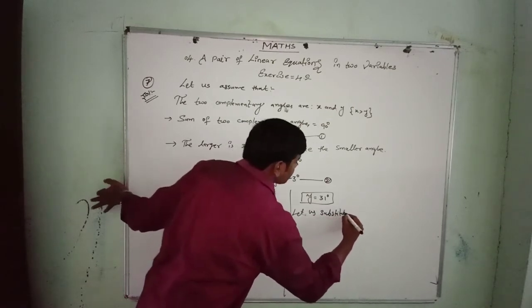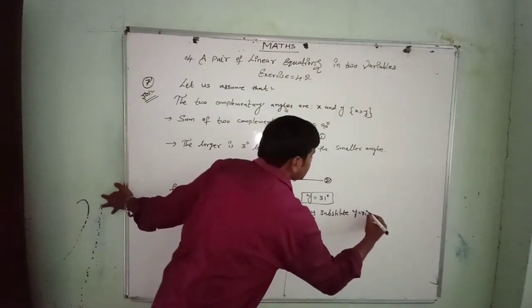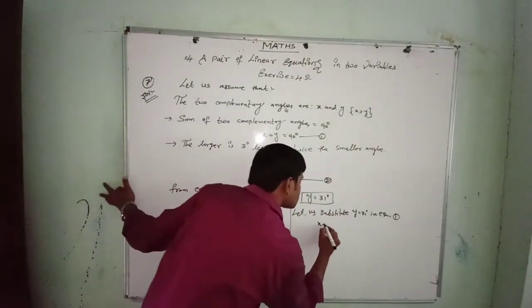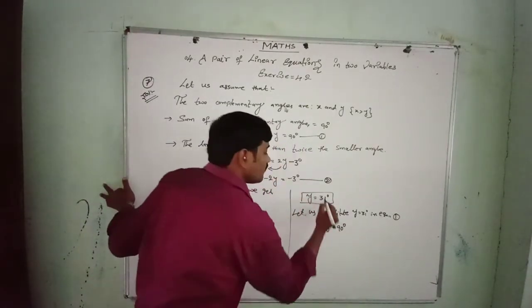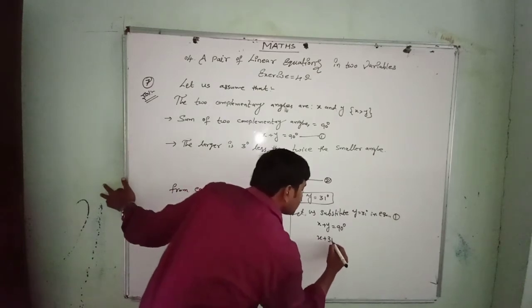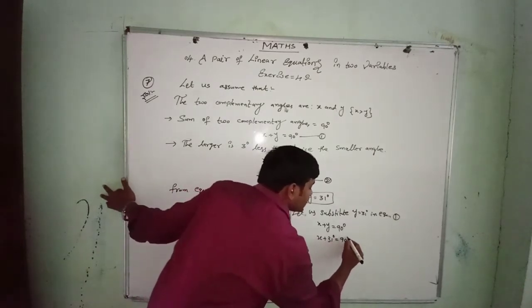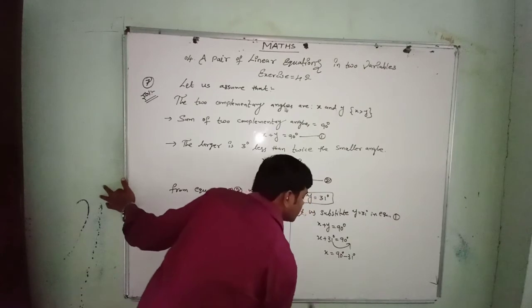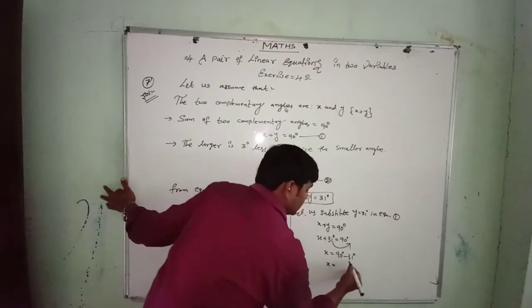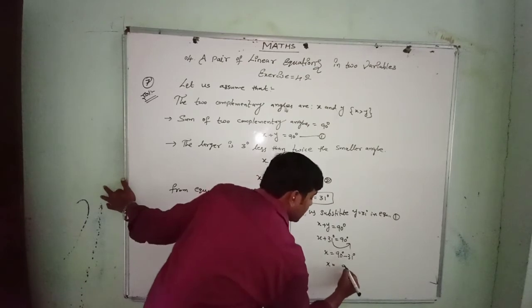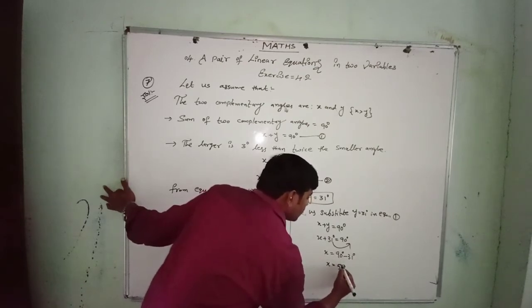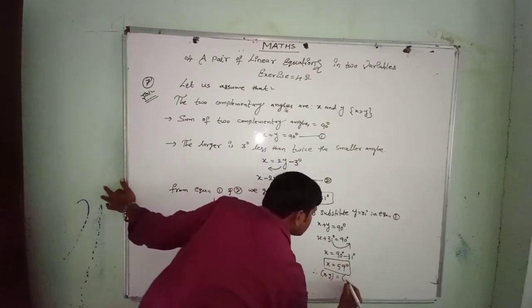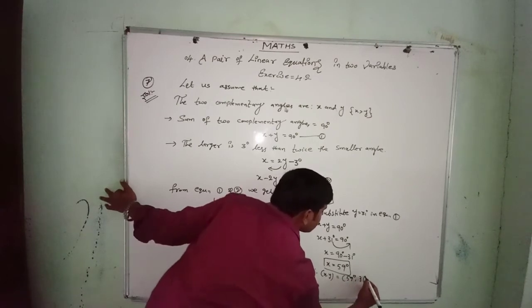Now let us substitute y equals 31 degrees in equation number 1. What is equation number 1? That is x plus y equals 90 degrees. Y is 31, no? X plus 31 degrees equals 90 degrees. This we transfer here. X equals 90 degrees minus 31 degrees. So x equals 90 minus 31: 10 minus 1 is 9, 8 minus 3 is 5. That is 59 degrees. Therefore, x comma y equals 59 degrees comma 31 degrees.